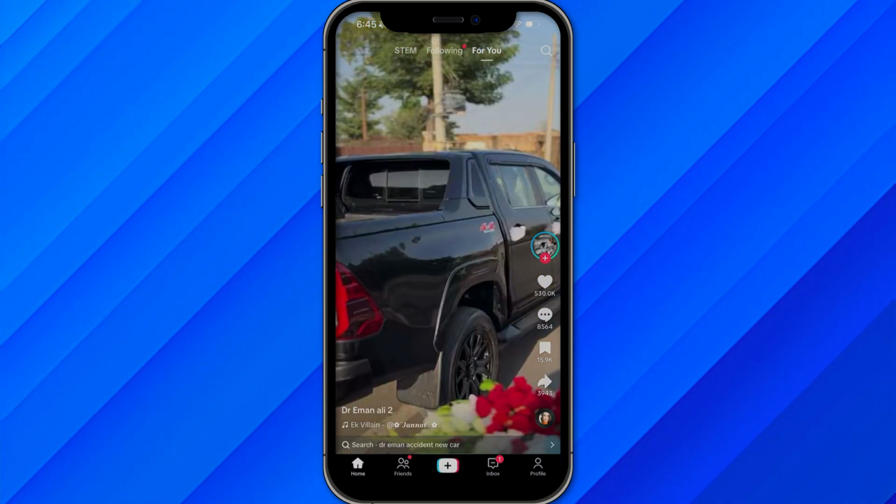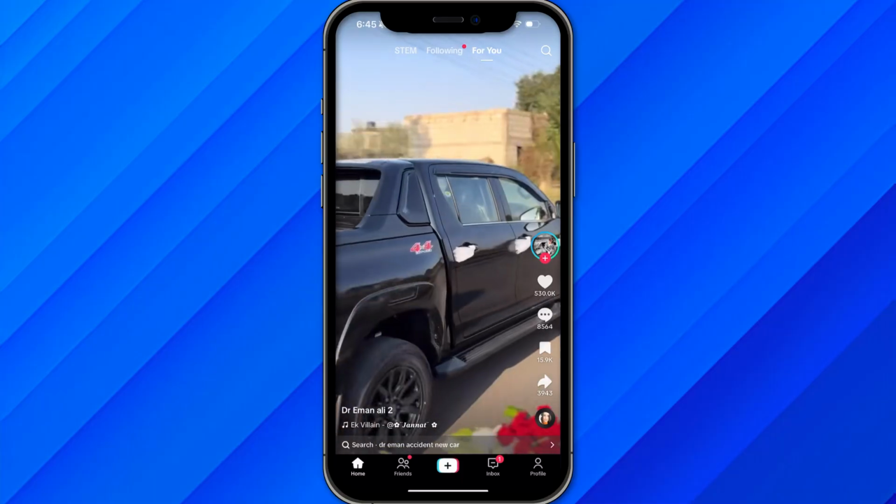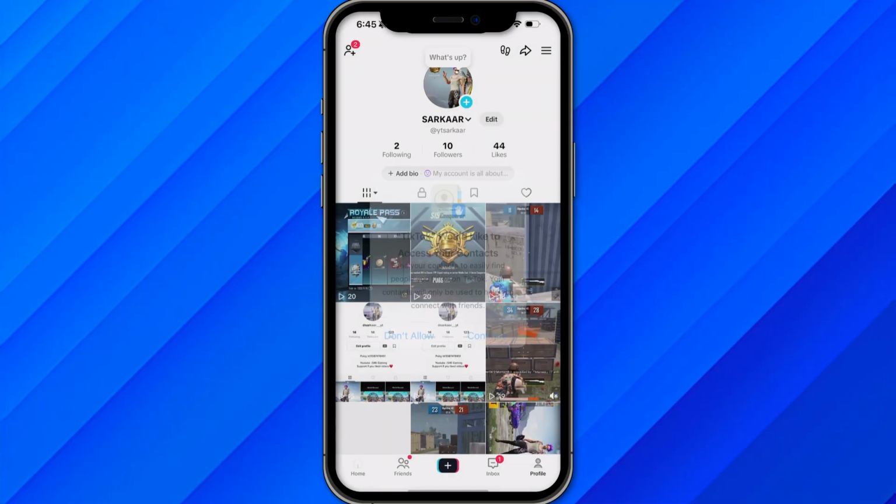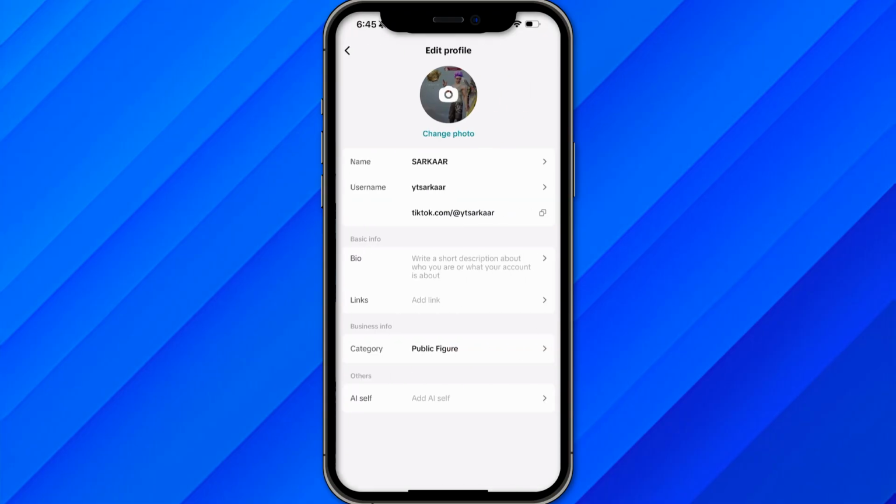corner. Just let me close this one, and just click on the profile button, and once you click on the profile button, you will be inside your profile section. So in front of your name, or you can say your profile picture, you can see this option called edit. Just click on this edit button, and once you click on this edit button, you will